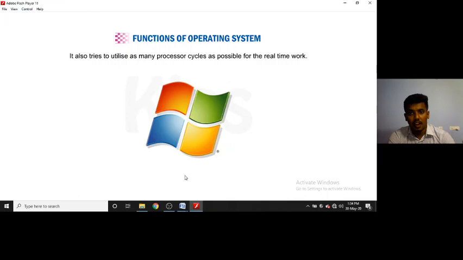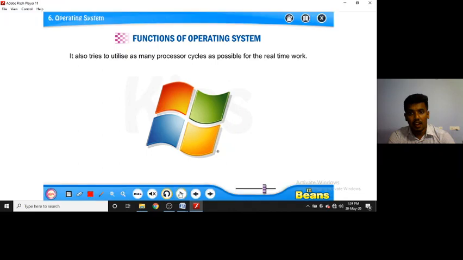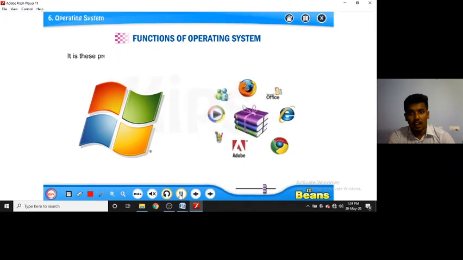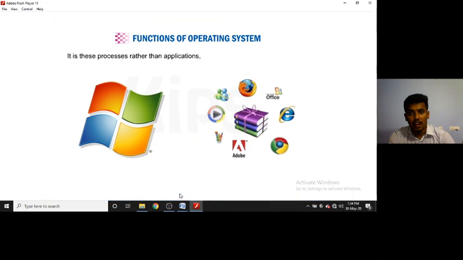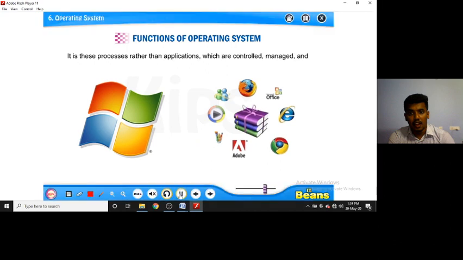So how does this input process output work? When we give instructions, first they are fetched, उसके बाद decode, उसको decode करके उसके बाद execute करके we'll get the output. That is called the instruction cycle or the process cycle. Then there are the processes and applications which are controlled, managed and executed by the operating system.